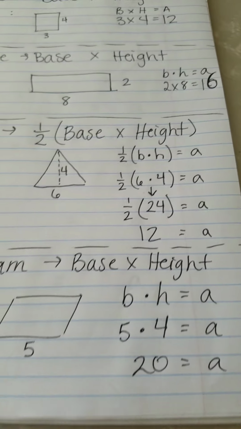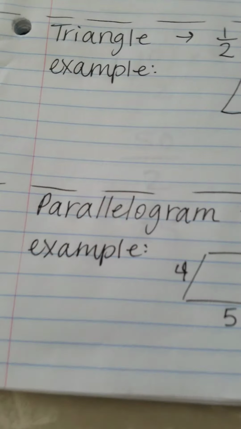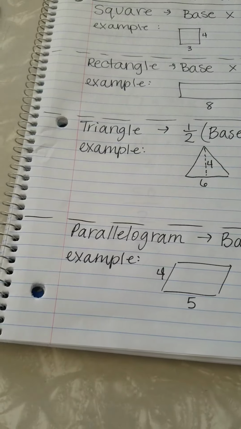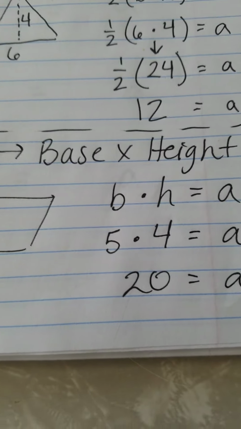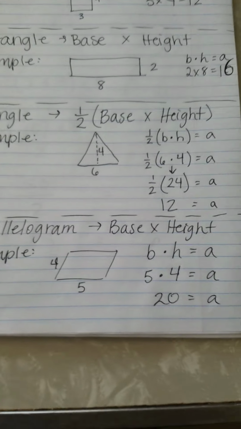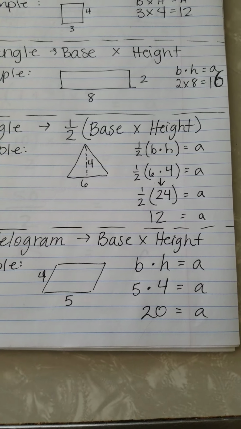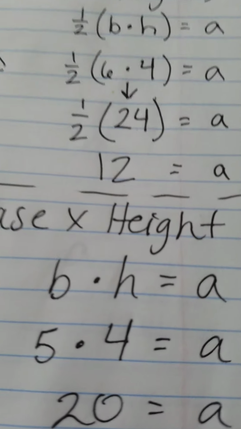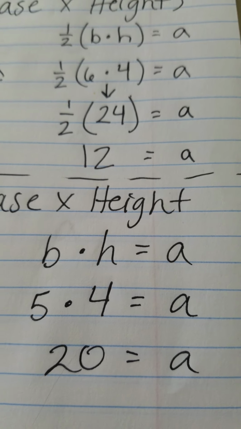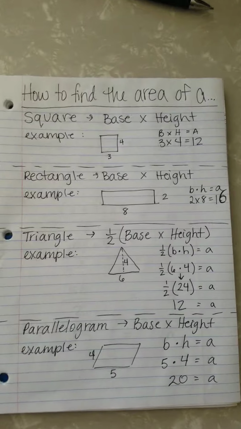Cool. Next one is a parallelogram. Same exact formula, base times height. So if you look at this one I drew, has a base of 5, height of 4. 5 times 4 is 20. So there we have those. Now the next one,